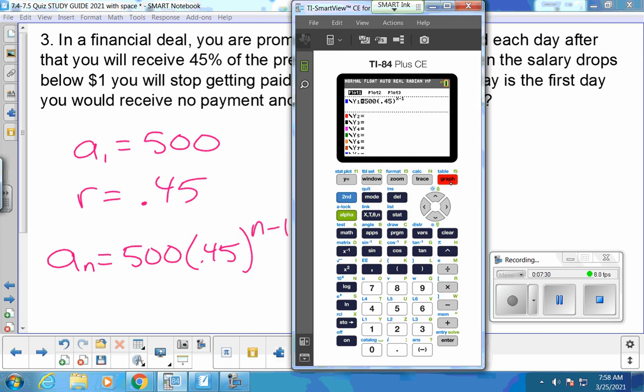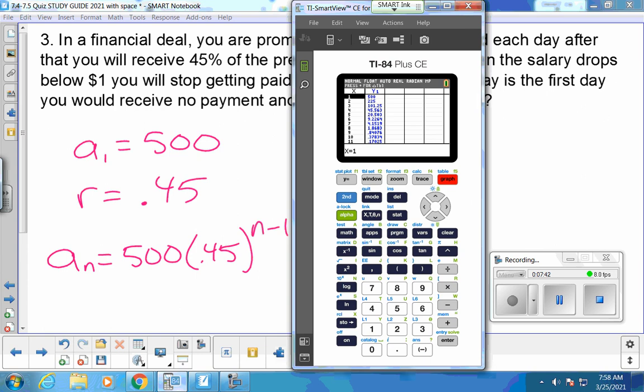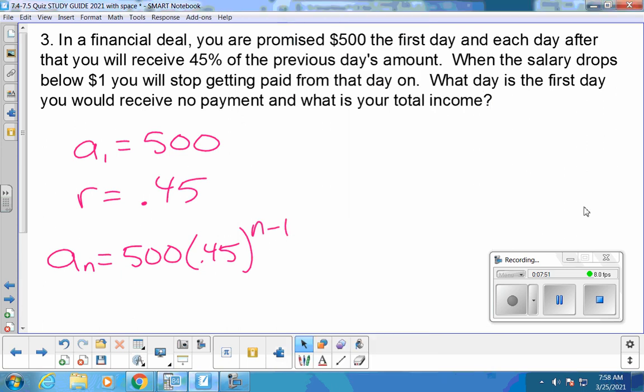I would have put having 500 in this 0 day, but just because you're promised 500 the first day, so day 2 will be less than that. Alright, so this is 500 the first day. So day 2 is less than that, day 3, day 4, day 5, day 6. It looks like we're going to stop getting paid on day 9. So day 9 is the day we're going to stop getting paid. When the salary drops below $1, you stop getting paid. What is the first day you would receive no payment? So that'd be day